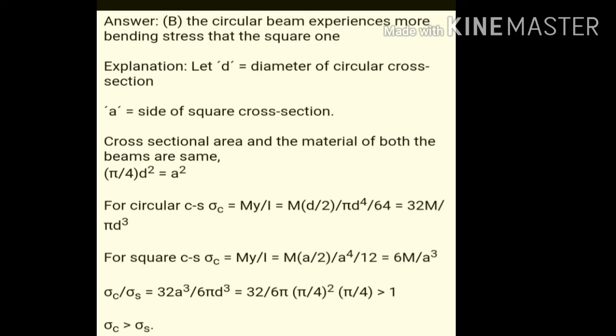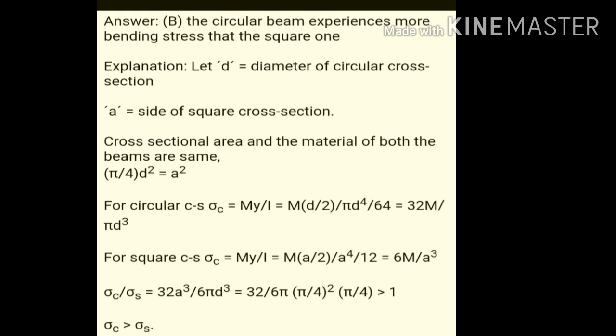And I is the moment of inertia, or second moment of area: for the circle it is pi d power 4 by 64, and for the square it is a power 4 by 12. So substituting, we get M into d by 2 over pi d to power 4 by 64,